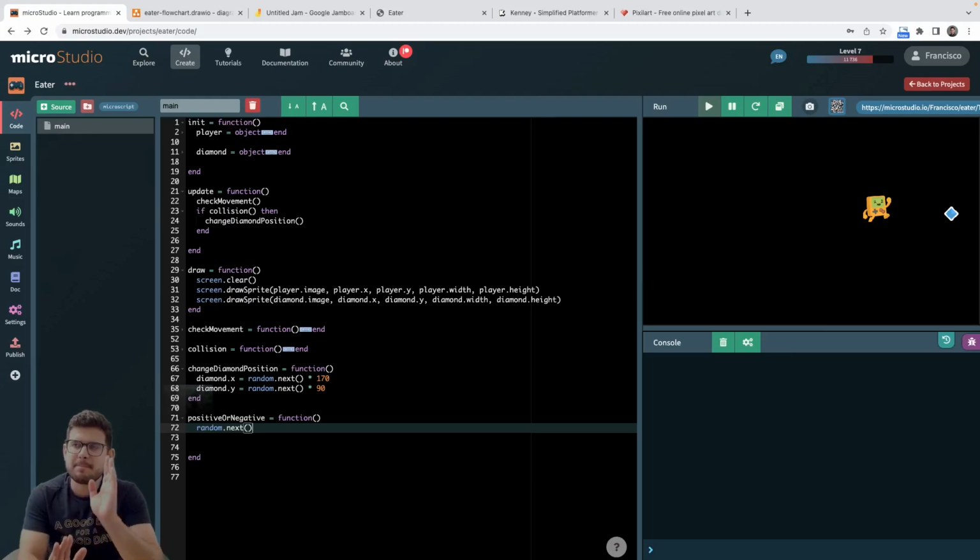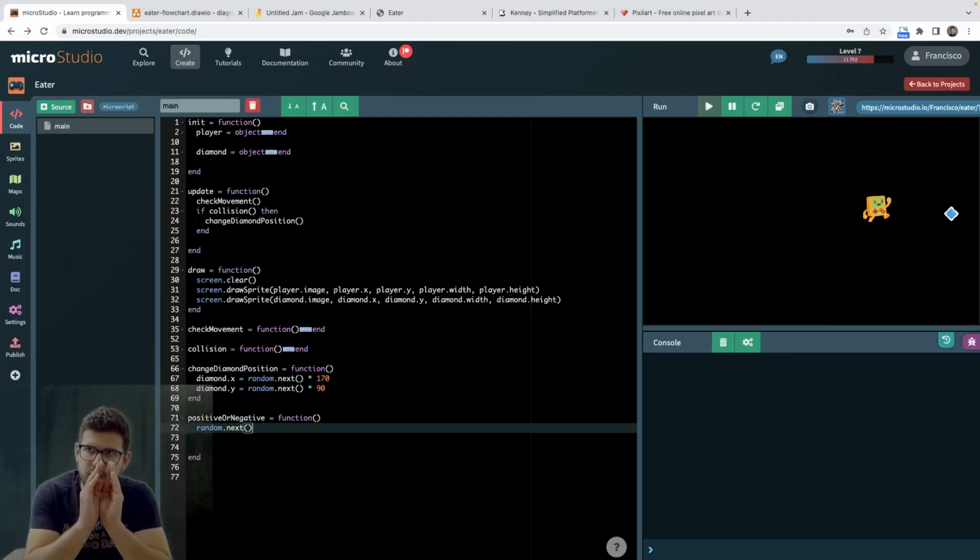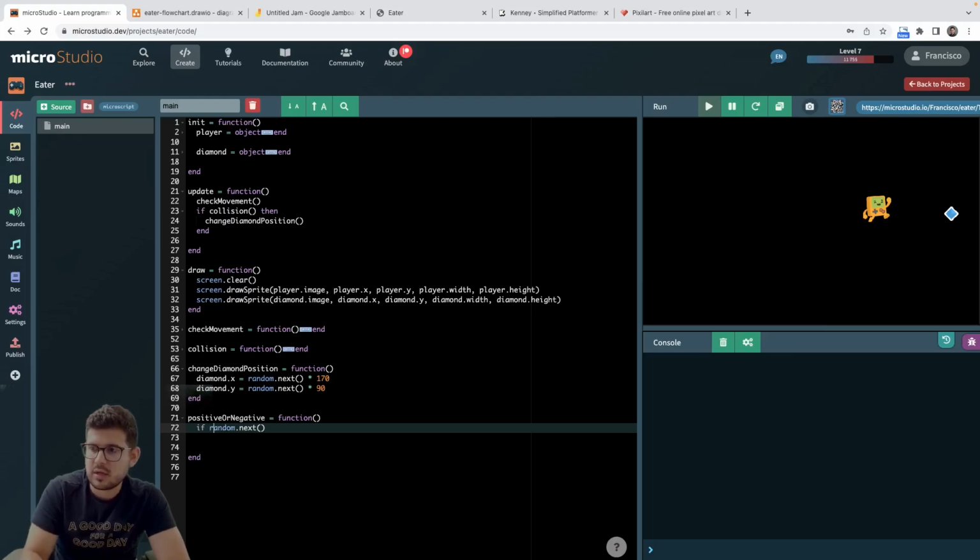Gives me random float numbers all the way from 0.00000 all the way to 0.99999. So what would you say the half of the middle of that is? Well, I can say that the middle of that could be if random.next